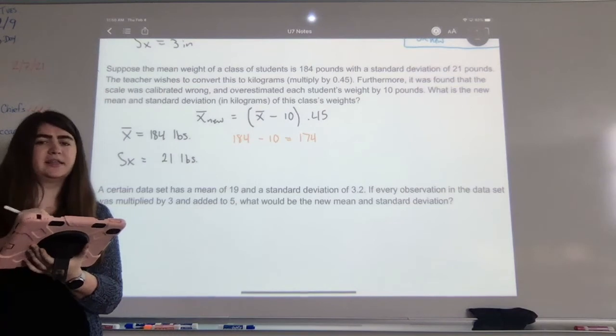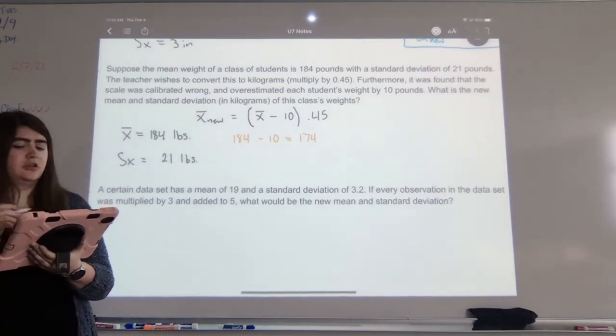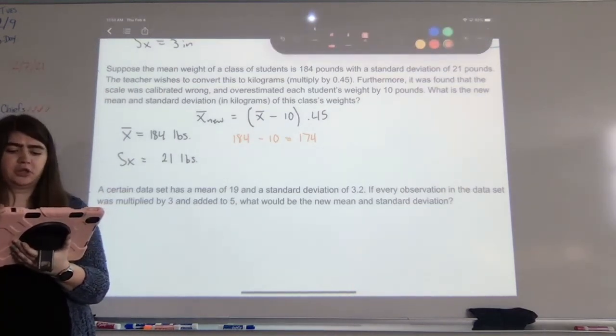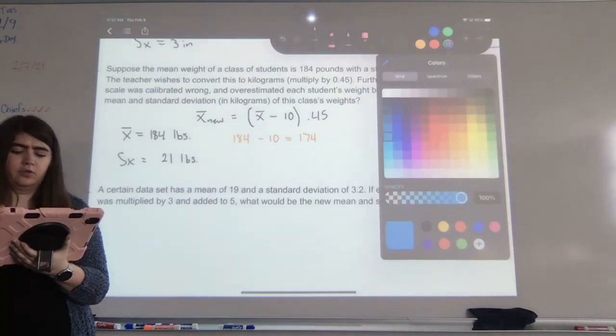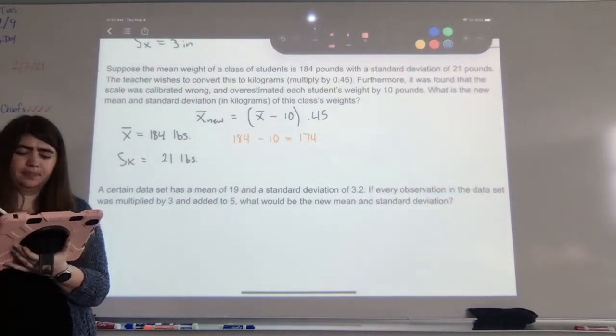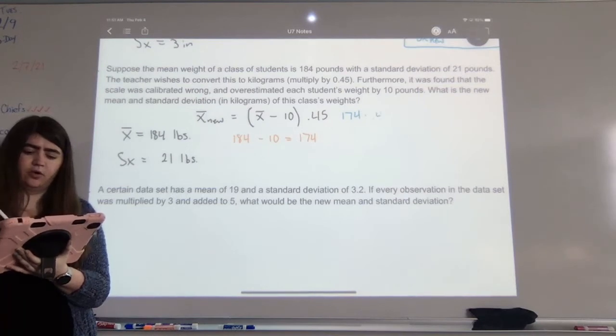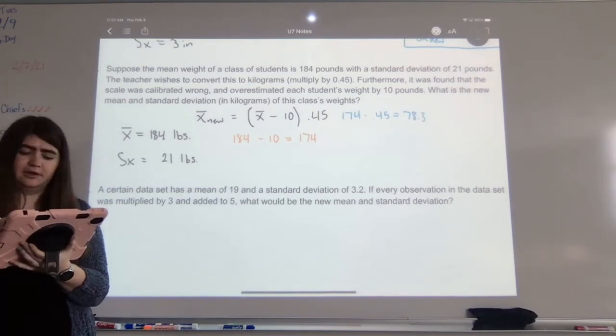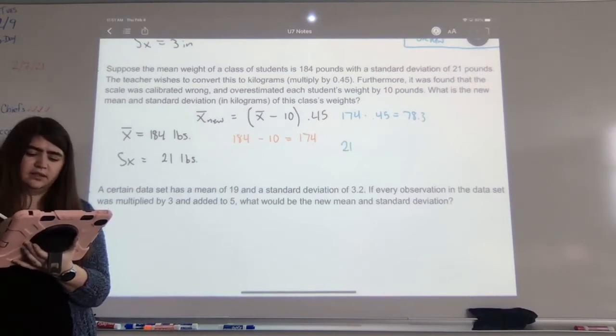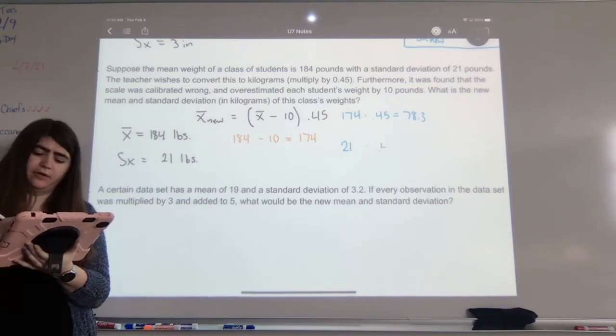And now I can take that and I can change using multiplication. So I have 174 times 0.45, and that is equal to 78.3. And then I also have to do my standard deviation, so I have 21 times 0.45, which is equal to